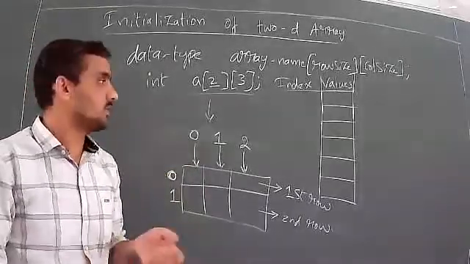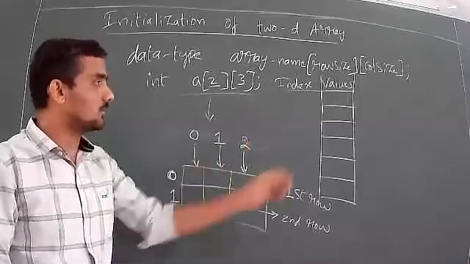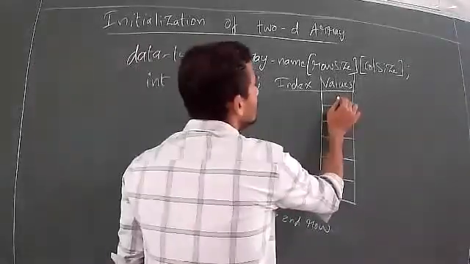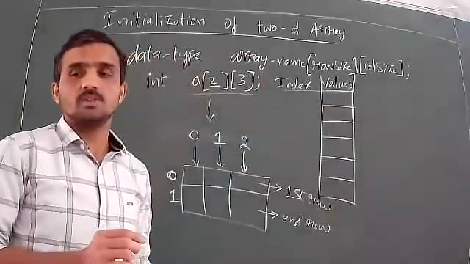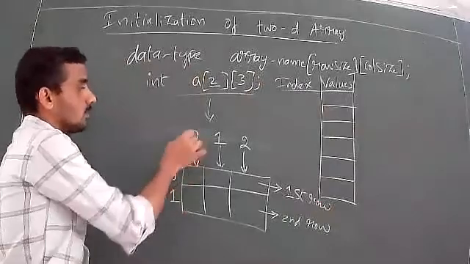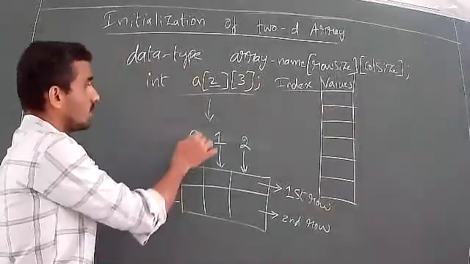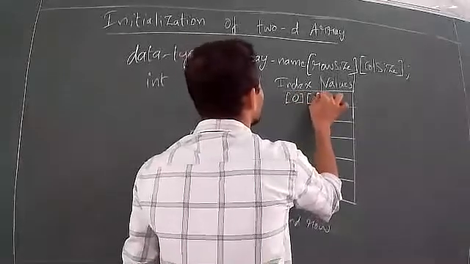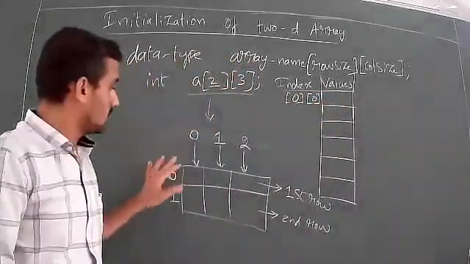This is how it is represented in the user view, the real view. If I want to represent it in the computer view, how do we represent this? See, listen, the first value is indicated by row number and column number. That is 0, 0. In this way, operate.